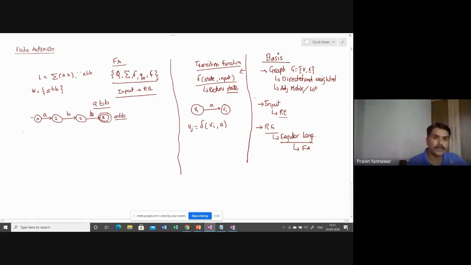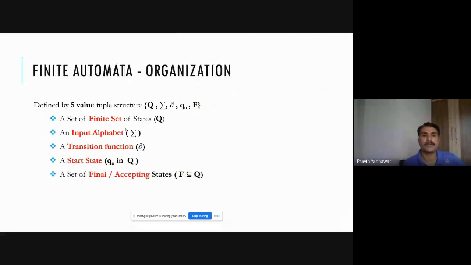Okay, so now here if you look at this Q, Q is containing 0, 1, 2, 3. Okay, Q is what? Q is a finite set of states, right? And this is a set of what? Set of finite states. Got it? See, Q is a set of finite states, or it's a finite set of states. Okay. Next is